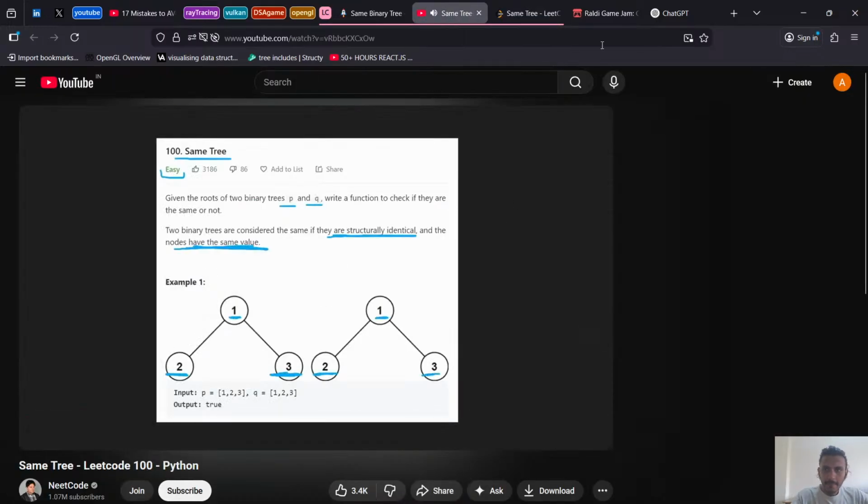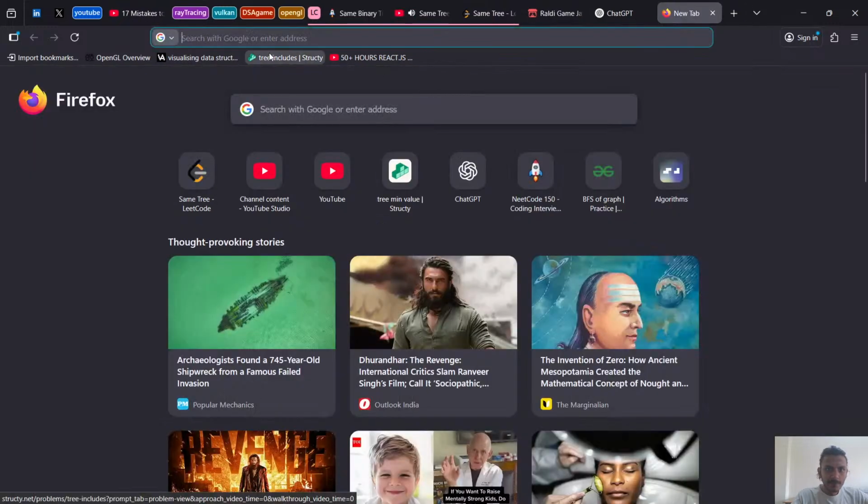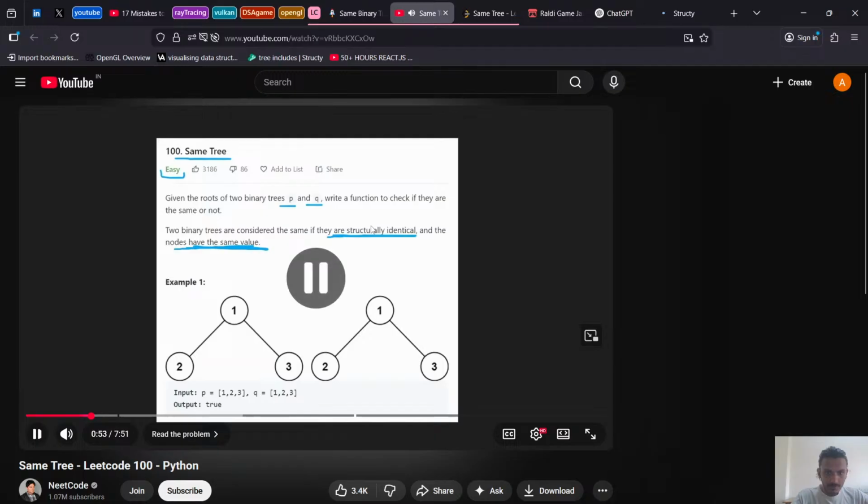Lastly, same value on the right side. So these are the exact same tree, right? So we can return true. Now, if